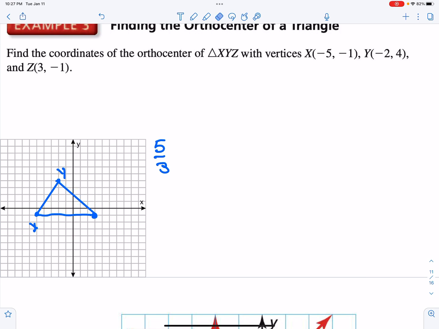There we go. Perfect. So if I count here, now we're back on the right track. So if I count, I go down from 4 down to -1, and then over from -2 to +3. So my slope is down